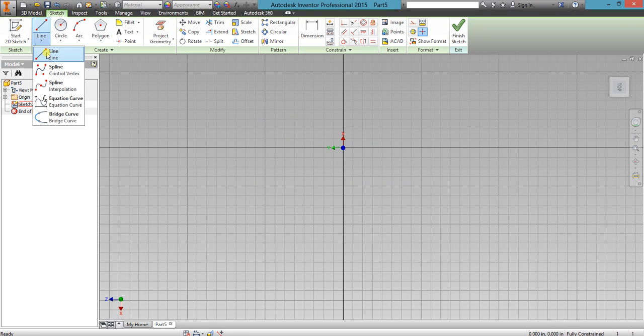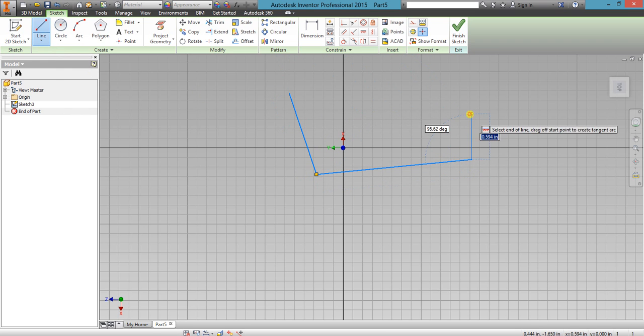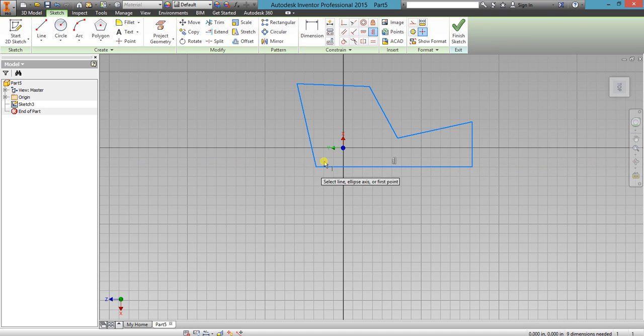Now I will show you how to use constraint in a figure. Suppose I want this line to be parallel to the axis. So I will select vertical constraint and click on it. You see it has now become parallel to the axis.